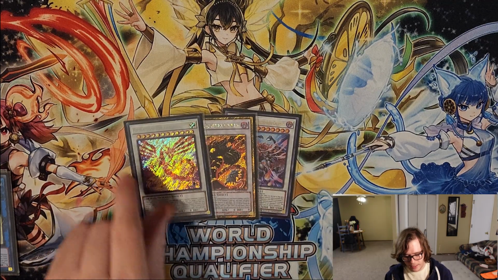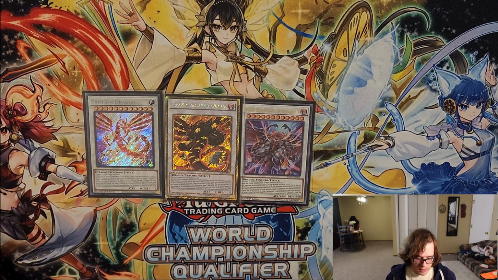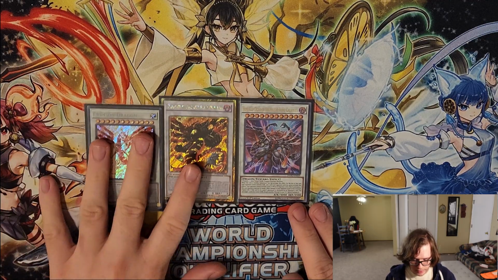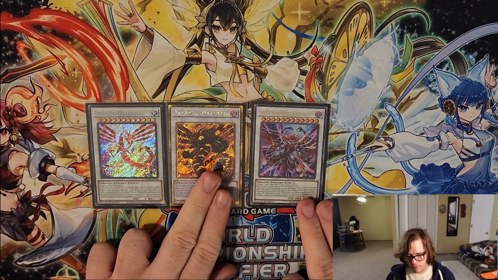Now here's the Calamity package: Bish Balkan, Crimson Dragon, and Hot Red Dragon Archfiend King Calamity. So this guy basically is the reason why you run Bish Balkan, and Crimson Dragon's just a broken Legionnaire card. It's a free Dissipator. So it's very much like this belongs in the deck no matter what, but these two are kind of optional